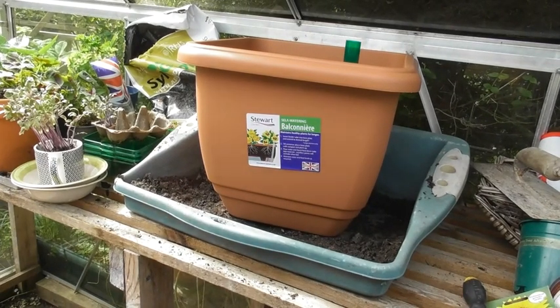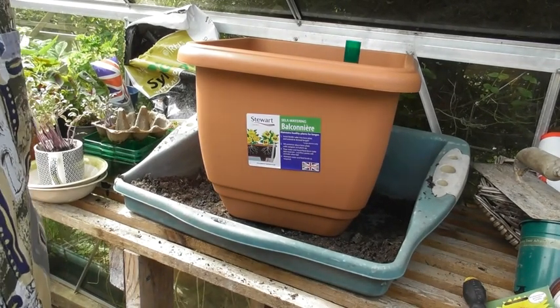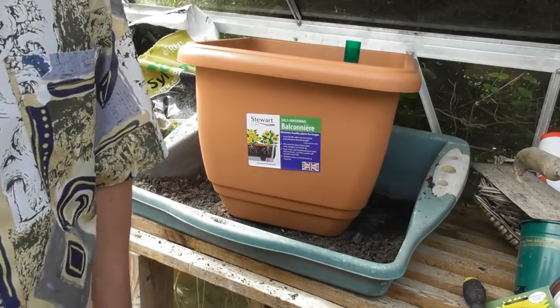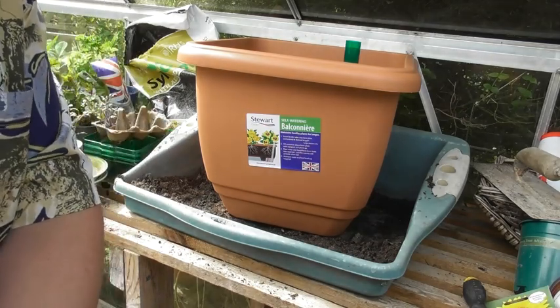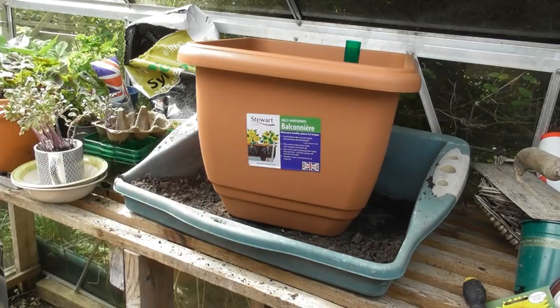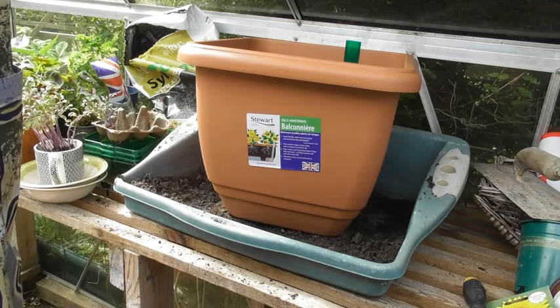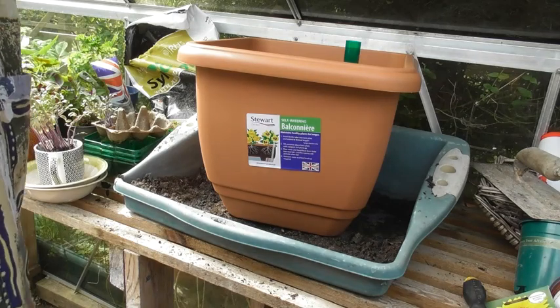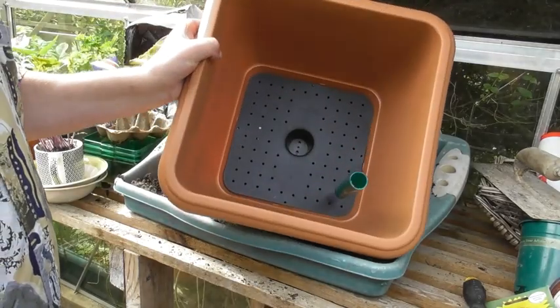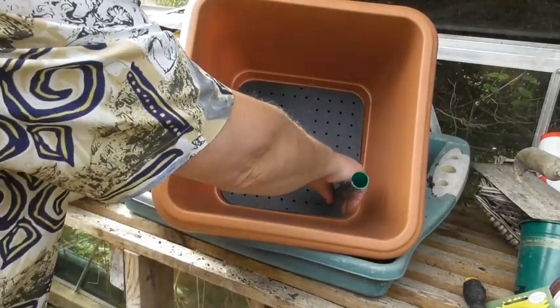I went to the garden centre in search of some plastic saucers to put under my bigger pots in my greenhouse to grow my tomatoes in, but I found these Stewart self-watering Balconniere, very French, very grand. But the beauty of it is that in the bottom here you've got this sort